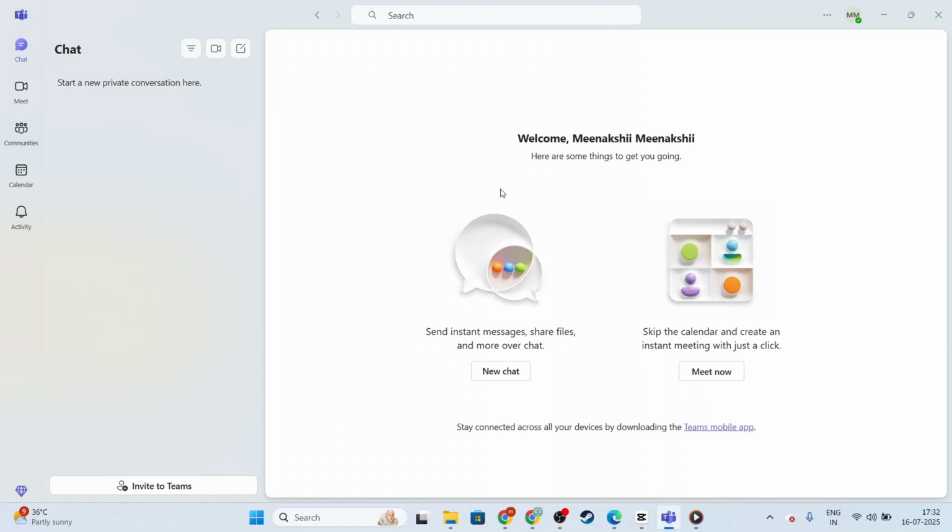And there you have it, a quick guide to making a three-way call on Microsoft Teams. Remember, practice makes perfect, so feel free to try this out and get comfortable with these